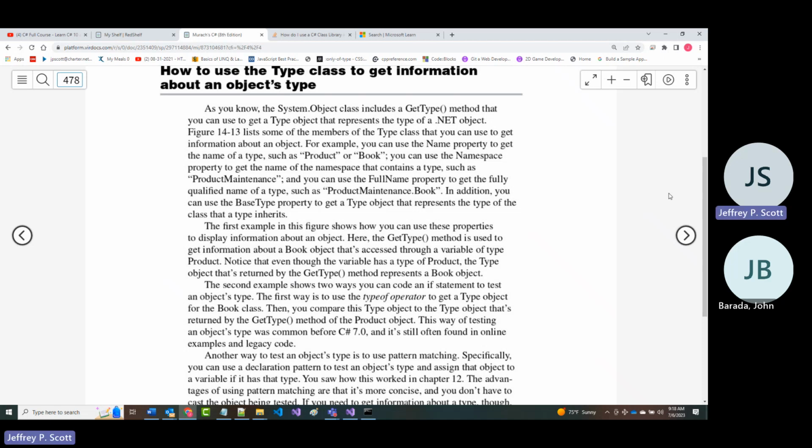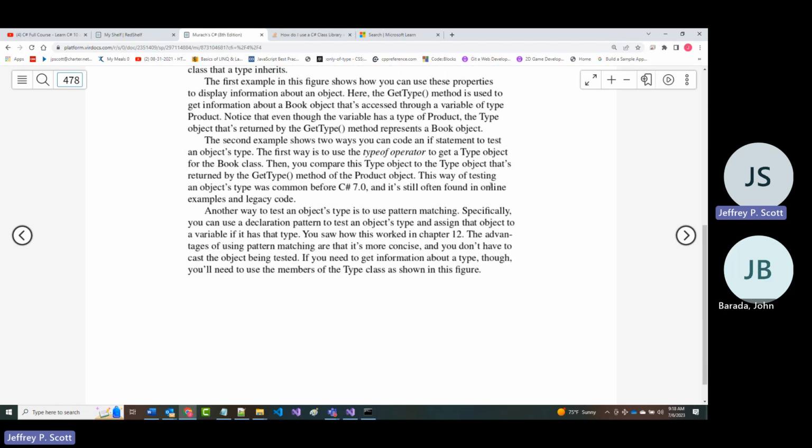And there's other things that can be used in this as well. So if we look here, they're going to give some examples. It says the first example in the figure shows how you can use these properties to display information about an object. The get type is used to get information about a book object.